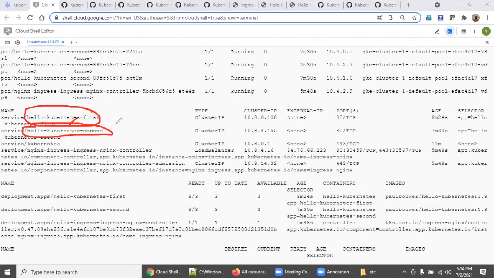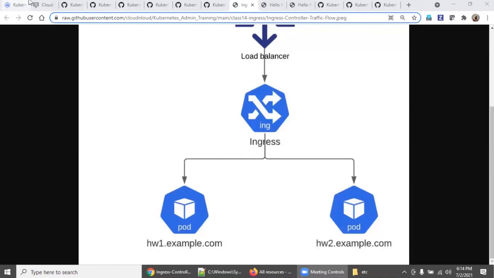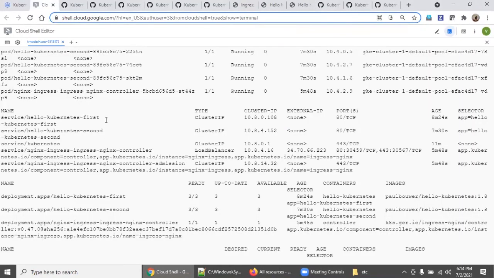So the load balancer will come and redirect the traffic, but here it's taking a decision. If you are accessing this, then send here. If you are accessing this, then send here. Exactly this is what we have explained in this diagram. Where is the diagram? Yes. Are you clear? So again, you can implement this with a different functionality, with different domain names, with different services, and make sure you are mapping it correctly.